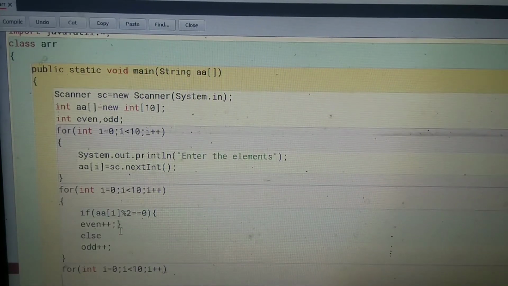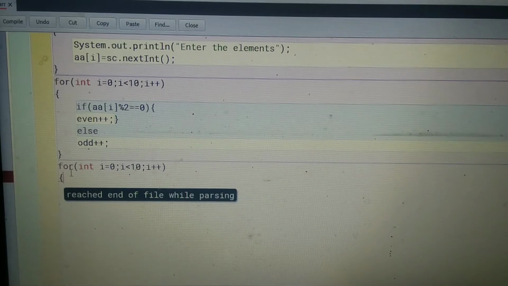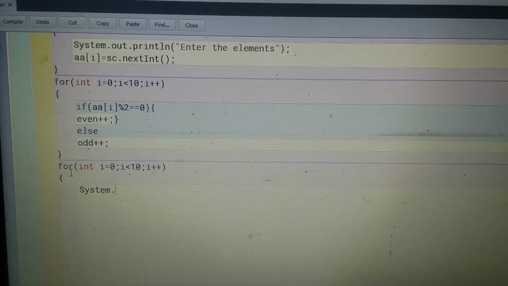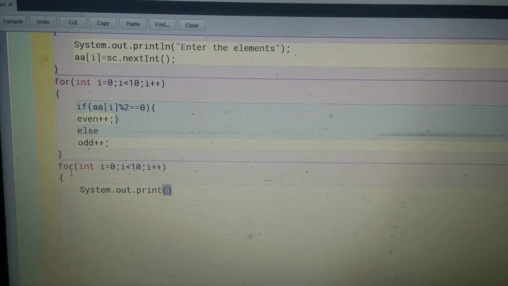After this, block of the array, we want to print the elements of the array. So here System.out.println. If you want to print on a single line, you use only print, not println, because ln is responsible for new line.